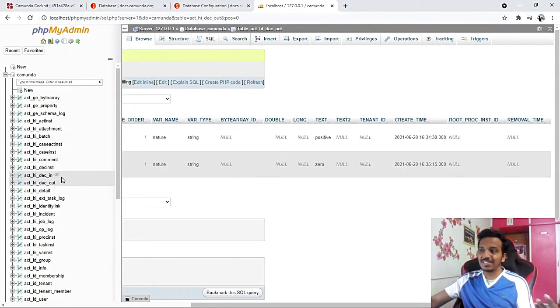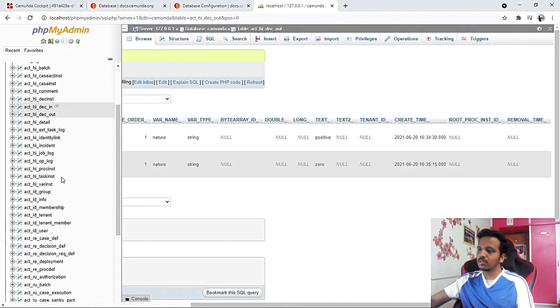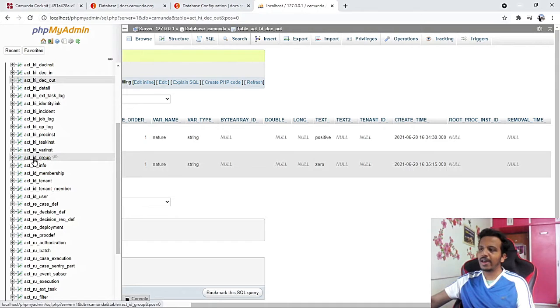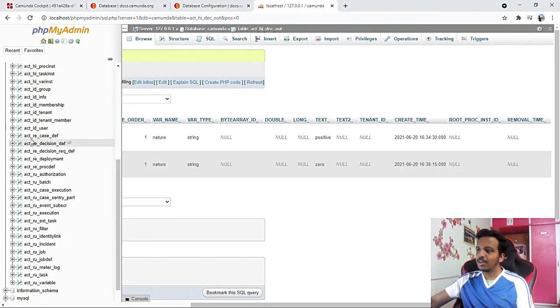Now we know what the history table is used for. Even when the BPMN we start or the case definition we start, after the end it moves to the history table, but when it is running, where is it stored? Let's see. So if I scroll down, after hi I have got id. Anything with respect to id means identity, be it information, membership, tenant, I think it's self-explanatory. Then re, let's put it aside for a minute, and then we'll talk about ru, which is runtime.